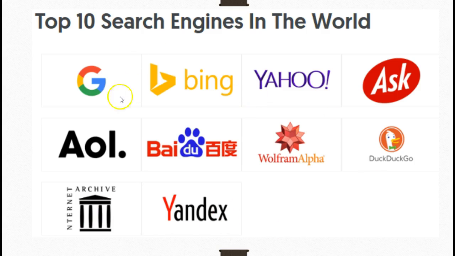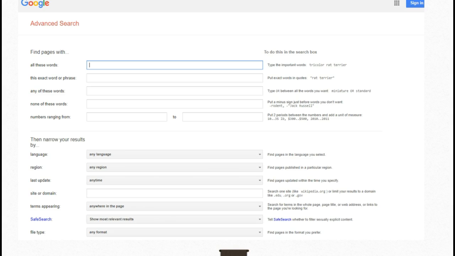These on the slide are considered the 10 top search engines, but most of us are generally using Google or Bing. Again, it doesn't matter which search engine you use, they are going to get you to your destination. You're not even sure what your destination is, but the search engines will get you there.